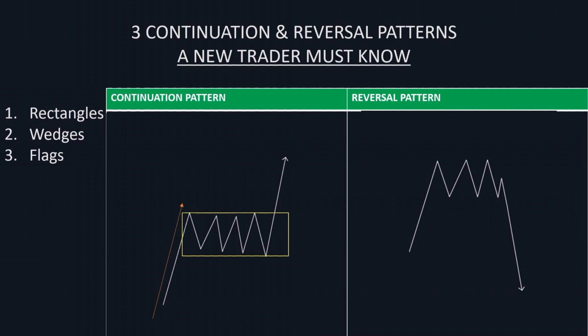Here's where we draw a rectangle around this consolidation. Notice how the price fits perfectly inside that rectangle? This is a rectangle pattern, and it's a classic continuation setup. Price pushes up with this impulsive move. Then it consolidates, correction. Finally, it breaks above the rectangle and continues its upward journey. This pattern reflects the natural behavior of the market. Impulse, correction, impulse. So when you see the setup, you're looking to enter a buy once the price breaks above